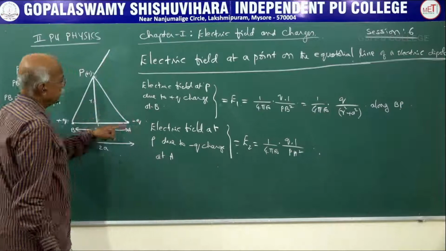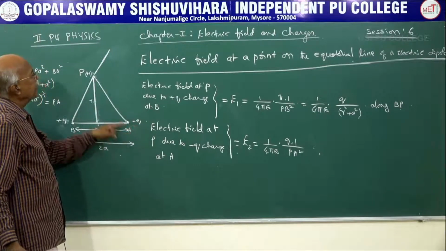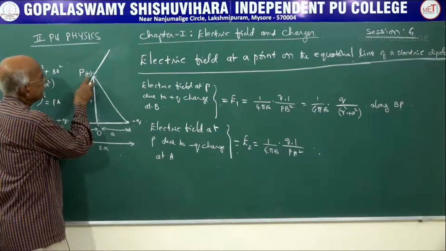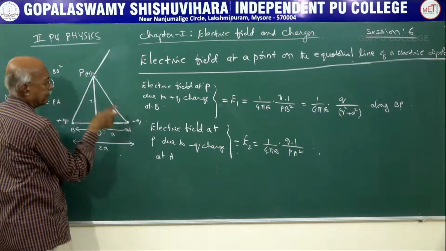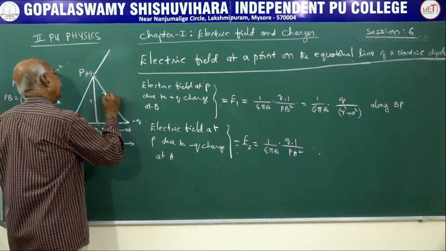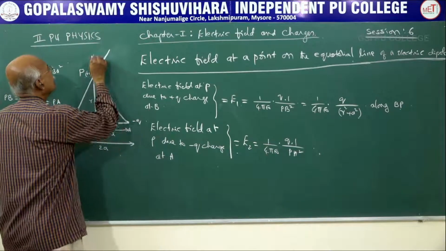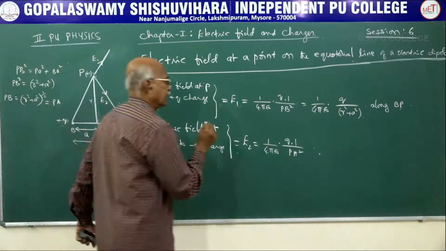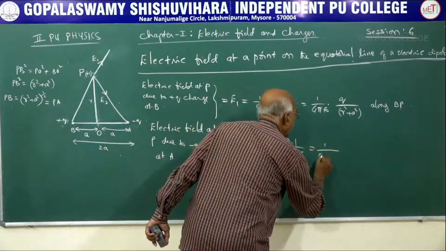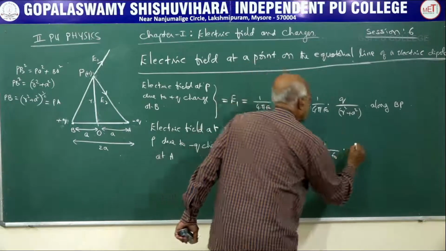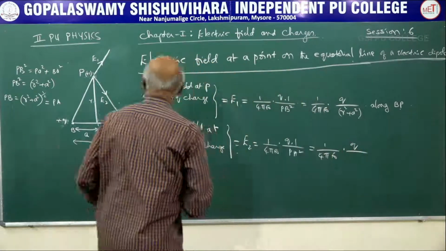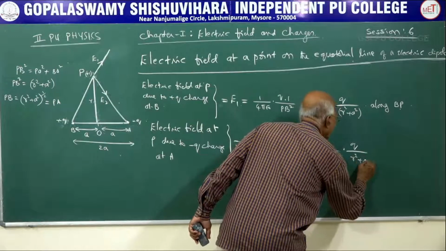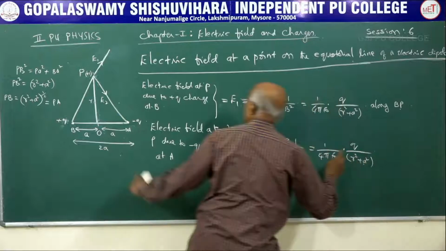Now if you observe, here you have a minus Q charge at A, and you have a unit positive charge 1. So the unit positive charge at P will be attracted by the minus Q charge at A. Therefore, it acts along this direction. So this is equal to E1. This is equal to E2. Therefore, this will be equal to 1 over 4 pi epsilon naught into Q divided by, we have calculated the value of PA. PA is nothing but equal to (r square plus a square) to the power of half.